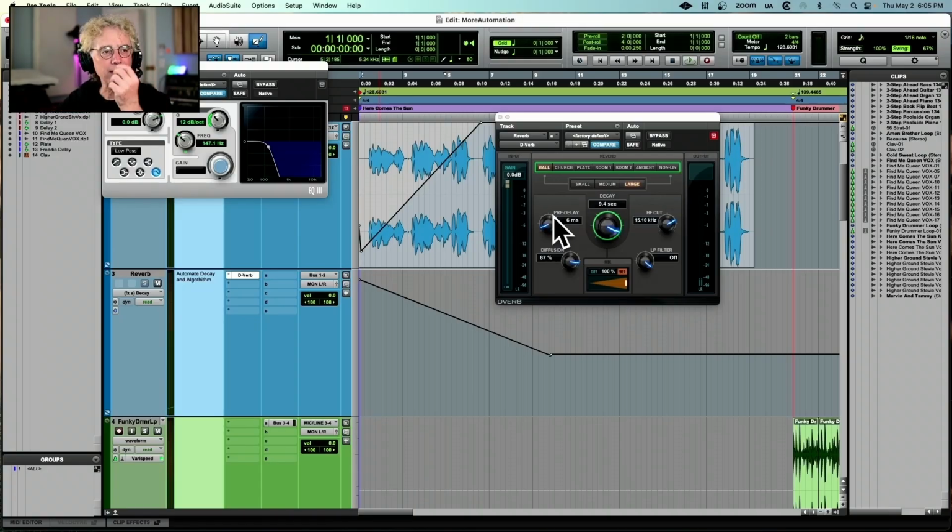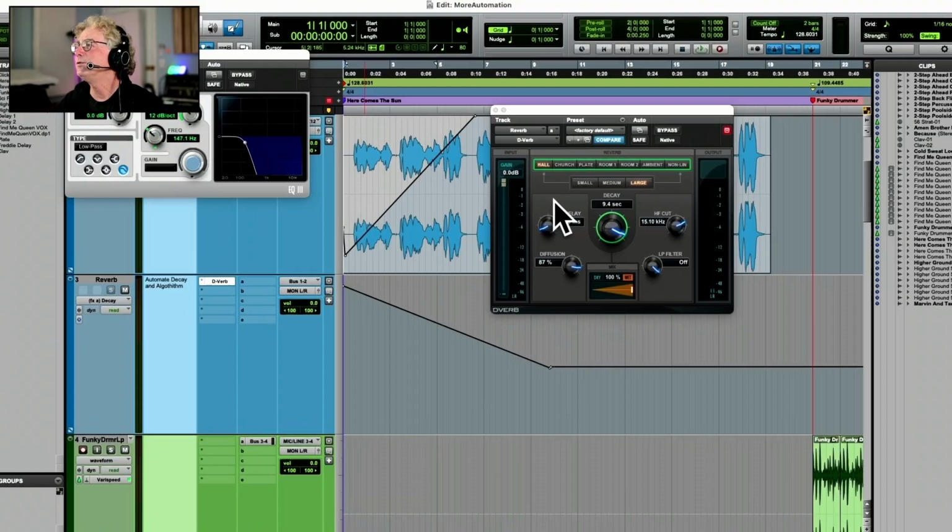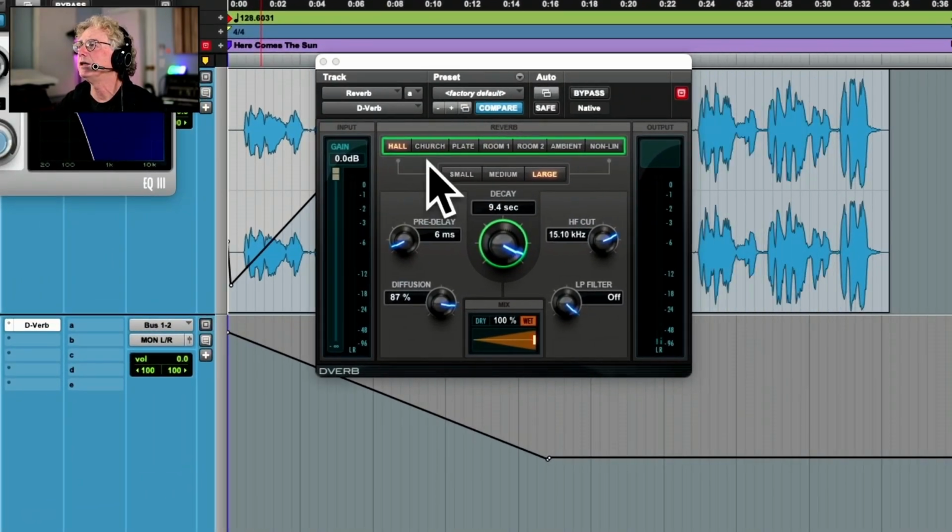Now, one of the problems with Pro Tools Intro is that you have a limited number of tracks. You have 8 instrument tracks, 8 MIDI tracks, 8 audio tracks, and 4 AUX tracks for your reverbs and your delays and things. But if you're clever, you can take one of your reverb tracks and have it do different kinds of reverb. So if you notice here on this preset, on the D-Verb reverb plugin,